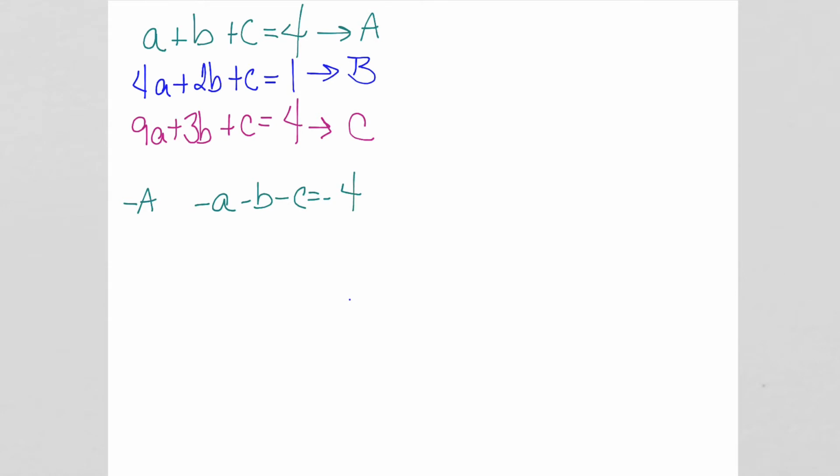And then use b, which was 4a plus 2b plus c equals 1. And add those, then that will get rid of our c's. So we've got 3a plus b equals